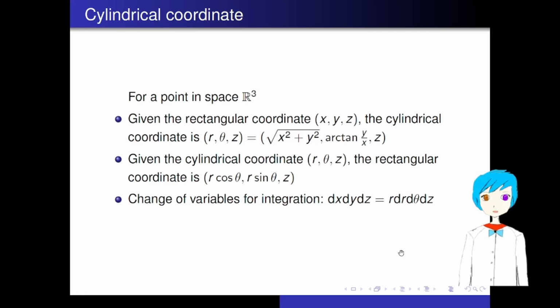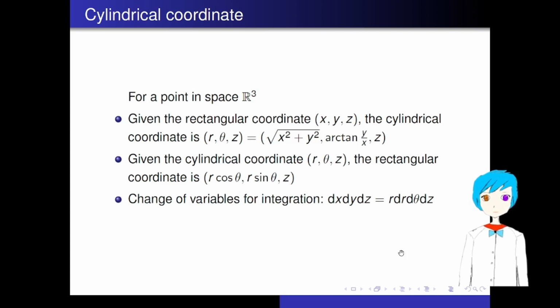are r, theta, z, which equal the square root of x squared plus y squared, arctangent y over x, and z. So we can see that we are doing a polar coordinate transform for the first two dimensions x and y and keeping z fixed. Similarly, given the cylindrical coordinates r, theta, z, the rectangular coordinates are r cosine theta, r sine